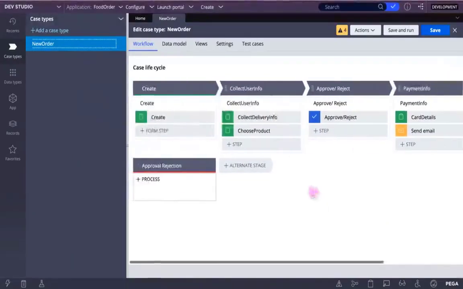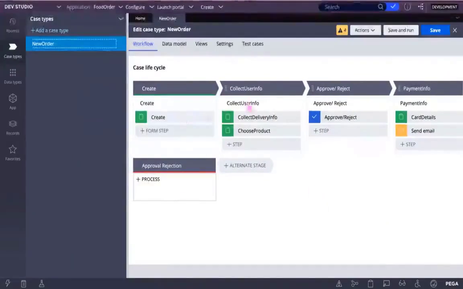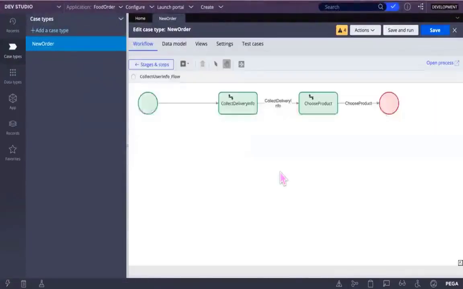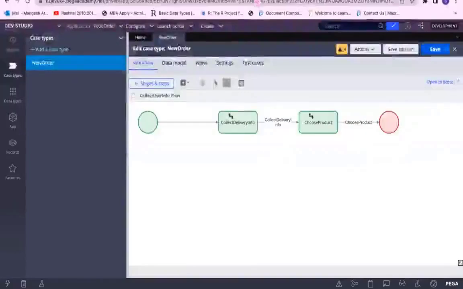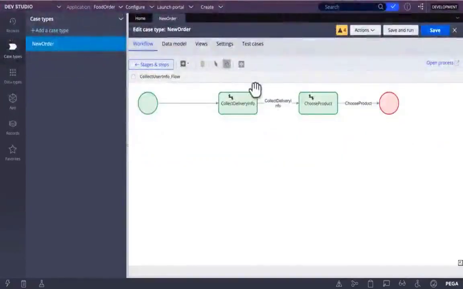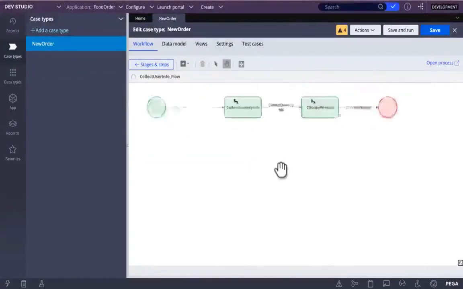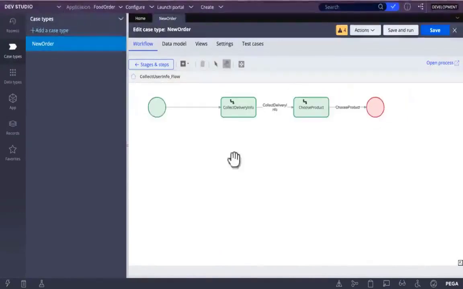First of all, I'm going to select user info flow. We will configure what we have discussed in case type of flow. And inside the flow you will be having flow action. Let me tell you the high-level context.